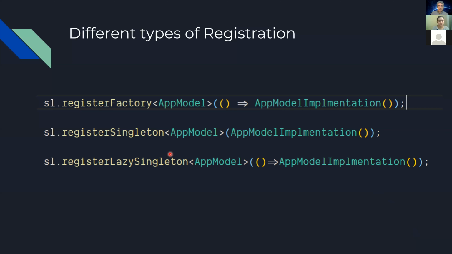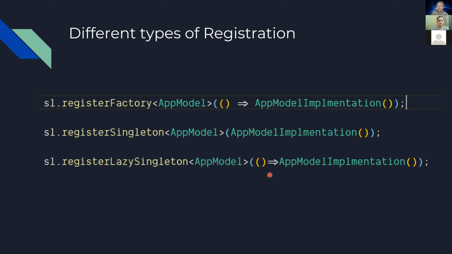Compared to this, you can also register a type as a factory. In this case, you have to provide a factory method. Now every time you access app model over getIt, it will create a new object of this type by calling this factory method, which can be handy in some situations. And then you also have the possibility, for example, if the constructor of your object would take a lot of time,